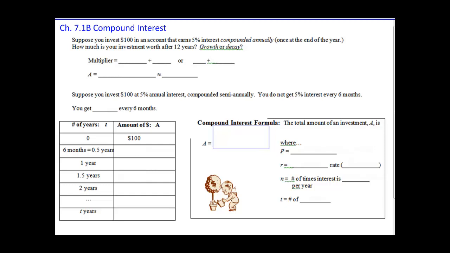So our multiplier is going to be 100% plus the 5% interest, which changes this to 1 plus 0.05, or 1.05. Remember, this is still y equals a times b to the x, an exponential model. A is the amount of money that we started with. The multiplier is 1 plus 0.05, and we raise that to how many years? It's annually each year, and we want it after 12 years. We're going to raise this to the 12,